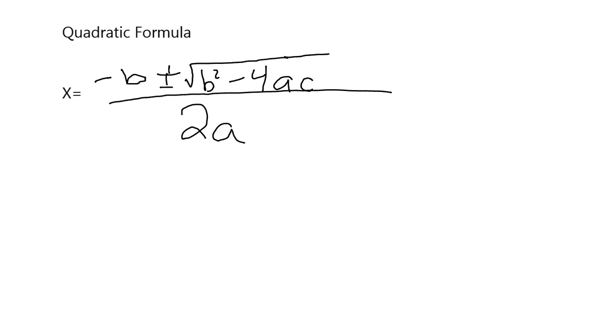This video is on the quadratic formula. The quadratic formula is x equals negative b plus or minus the square root of b squared minus 4ac, all of that over 2a. The steps for solving a quadratic function using the quadratic formula are: number 1,